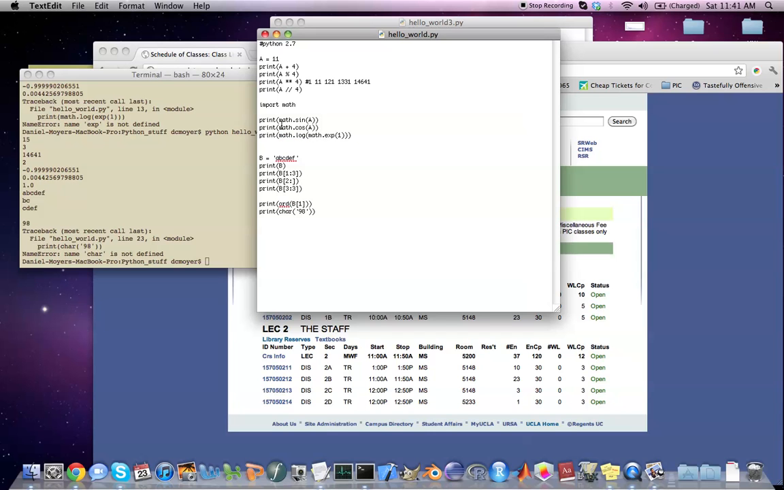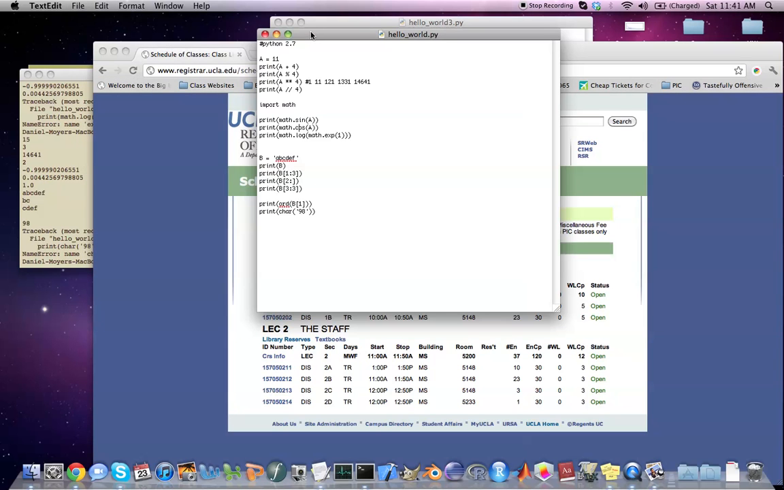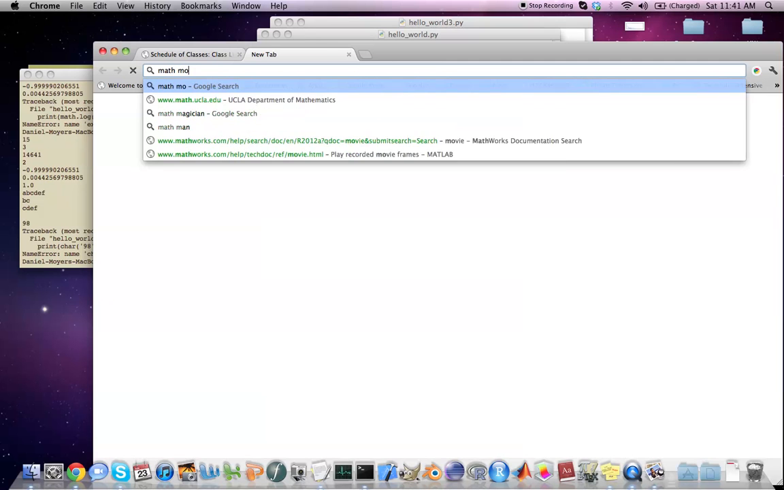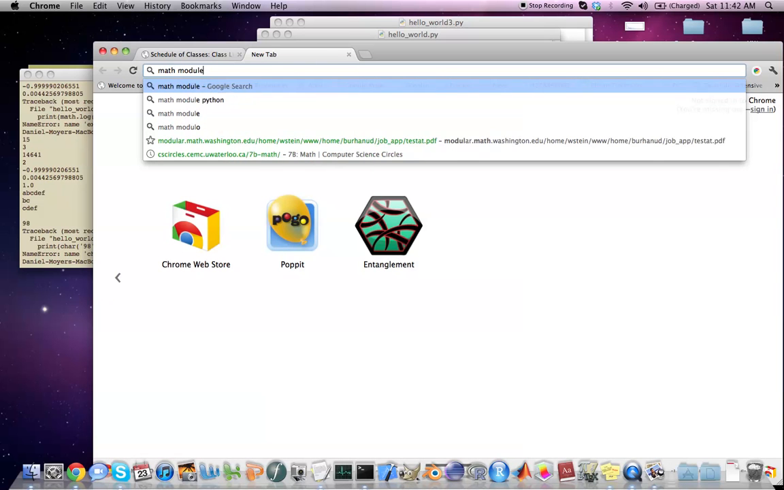There it is. Importing a module and then using that module. Some modules have really complicated stuff. Math has pretty simple stuff. You can look it up online on Google or whatever, and it'll come up. In fact, we could do that right now. Math module, Python,